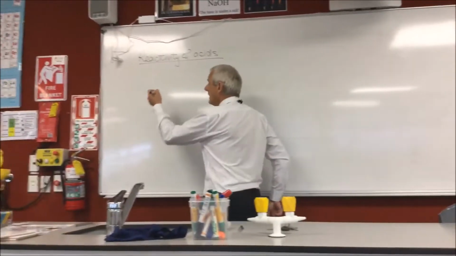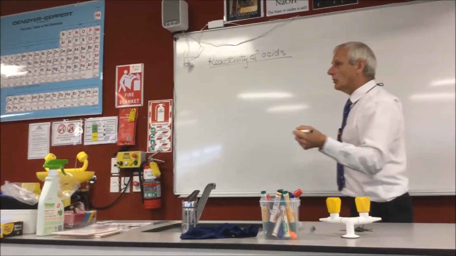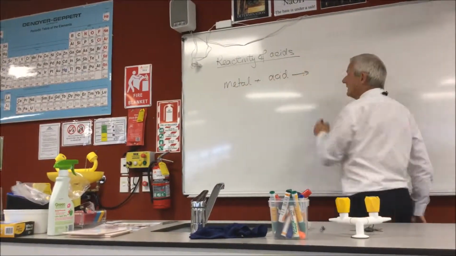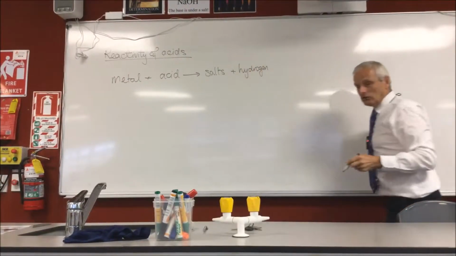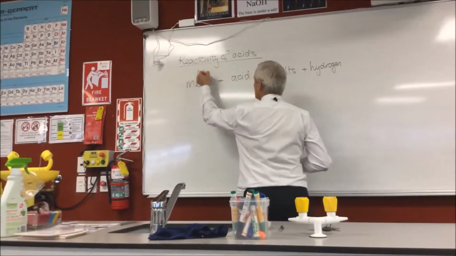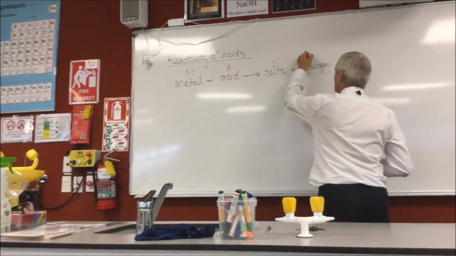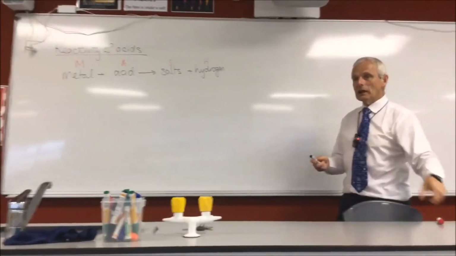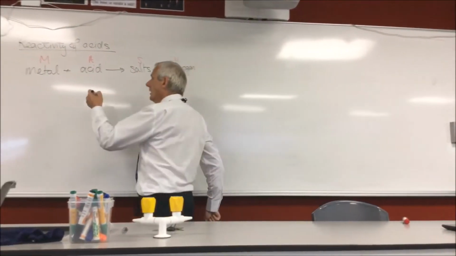So let's write that out. It's a typical reaction of an acid with a metal. The easy way to remember this is MASH. Use the acronym MASH: metal plus acid gives salt plus hydrogen. And the classic example we'll use is